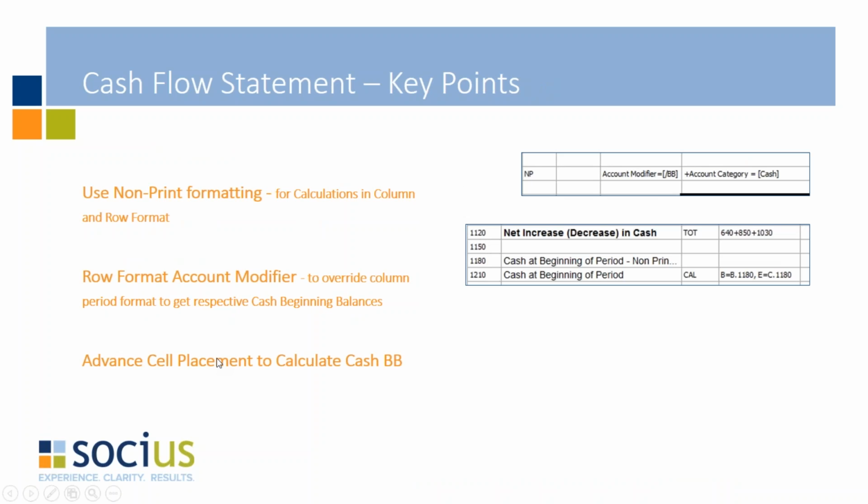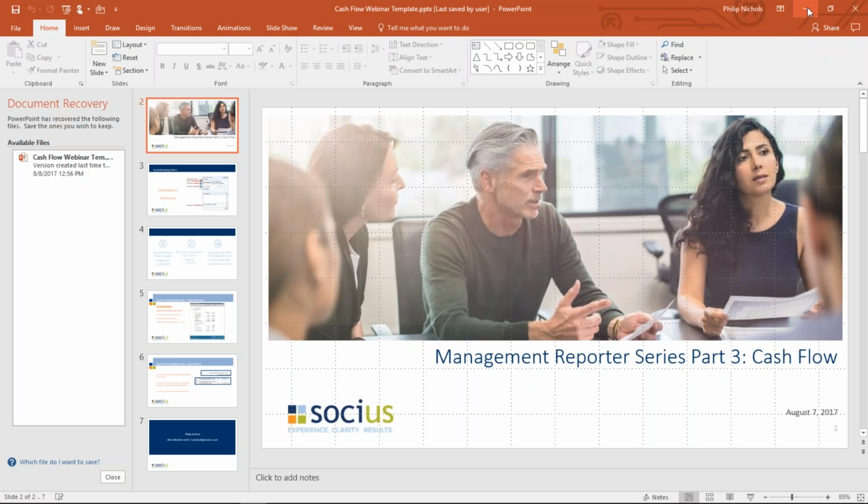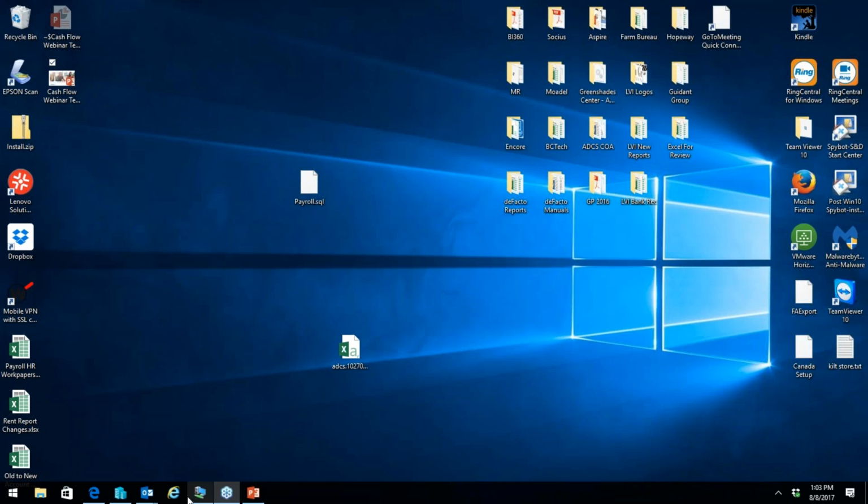All right, so some of those things, now that I've brought them up: we're going to be looking at doing some non-print formatting for calculations in columns and rows. We're going to look at some row format account modifiers, which are things that are used to override columns. And we're going to be looking at some advanced cell placements when calculating beginning balances. So I'm going to stop this right here for a moment because I want to actually jump on over and get into